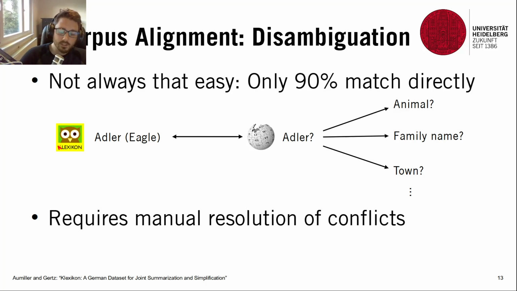And this is how we currently deal with this. There is no automated resolution of how we can deal with such ambiguous mentions. And again, this requires us to go through about 300 articles that we did not find an exact match for.